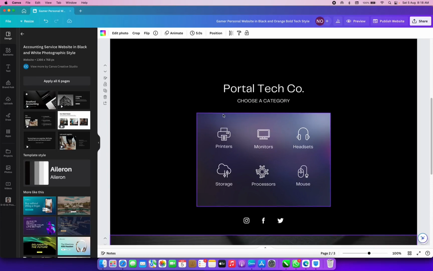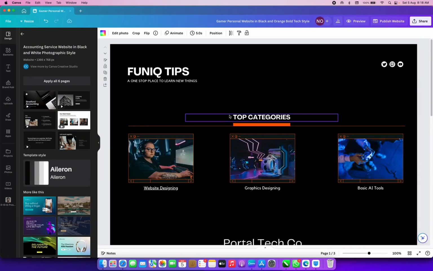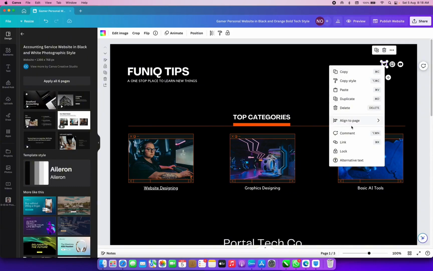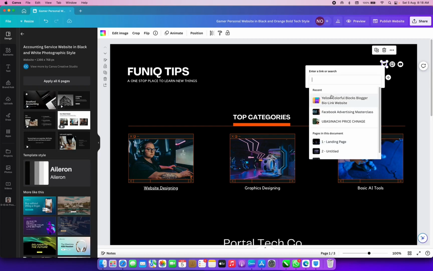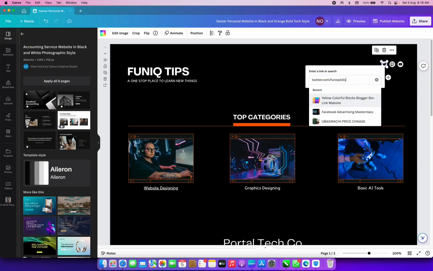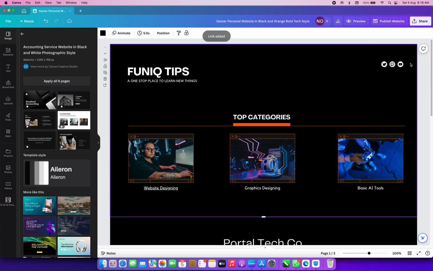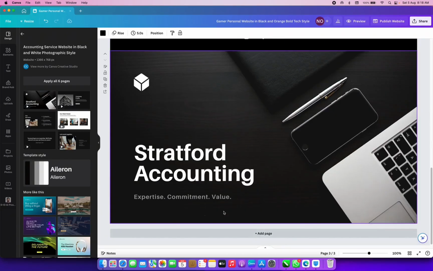When we are done with all those stuffs, like these icons here, I can decide to put my link, the icons to my handles, twitter.com/funiqskills. So I can do that for the rest of the icons. I can also say